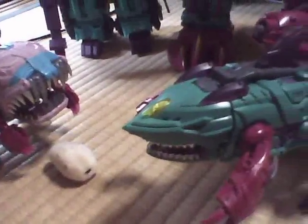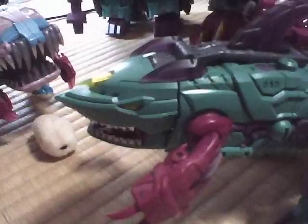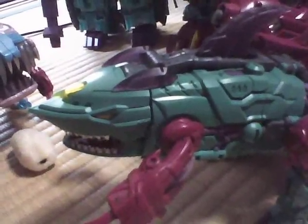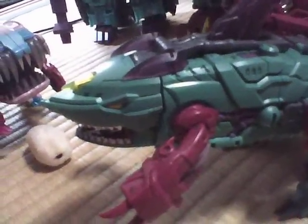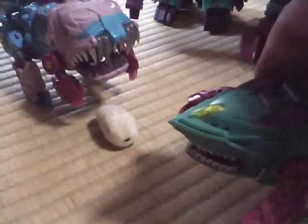Today I want to talk a little bit about TFC's Cyberjaw, part of the TFC's Poseidon set. It's not a full-on review. If you're looking for a full-on review, I recommend checking other sites. There's a lot of good reviewers taking their time to review this figure, but today